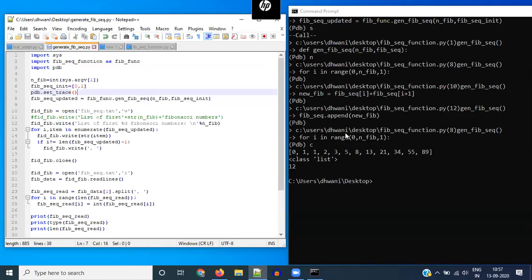And at any point of time, you can just print some variable if you want to see what it is like, print its type, its length, etc. So it's a good way to explore some files or functions that you do not understand. So that way it's very convenient. Okay, that's about the debugging.